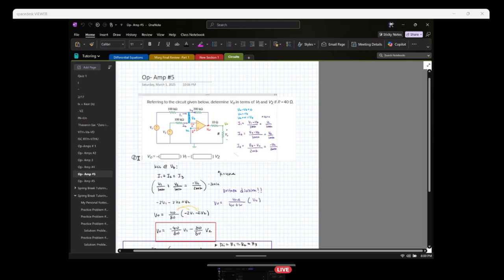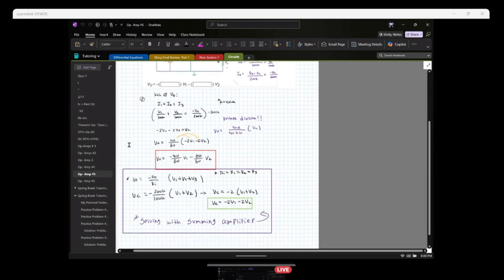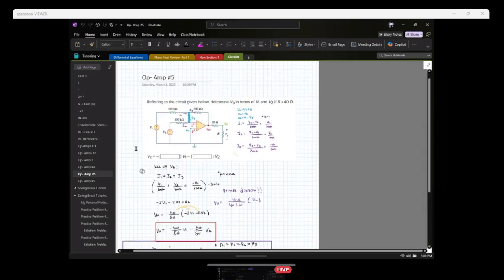Let me go back to what we did in class. I want to see if adding them together would actually be the exact same. It would be. That is how superposition works; in theory it should add up to the VO you need. But I never done it. When I would solve it like this, I would find the currents going into the